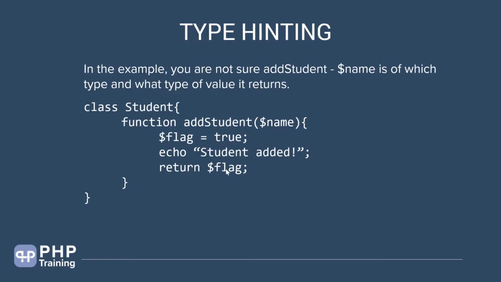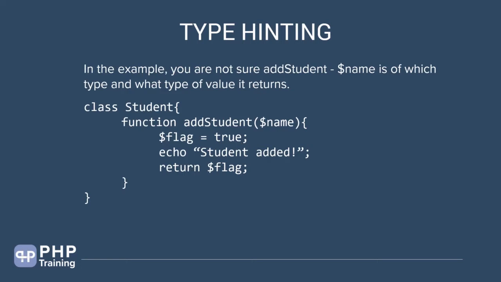Maybe these lines of code are only 3, that's why you're able to determine that the flag it's returning is true, which is a boolean type. But imagine you have 1,000 lines of code and you have return statements here and there. You're really not sure what it is doing. From the best practice point of view, you have to apply type hinting. You have to tell what the type of the variables used in these methods is.